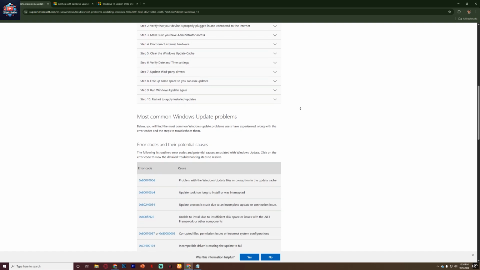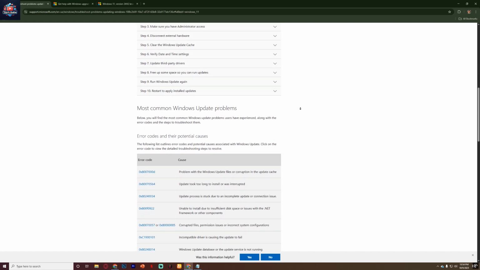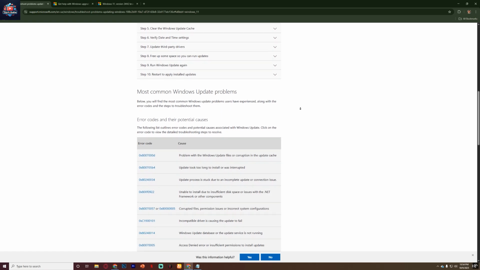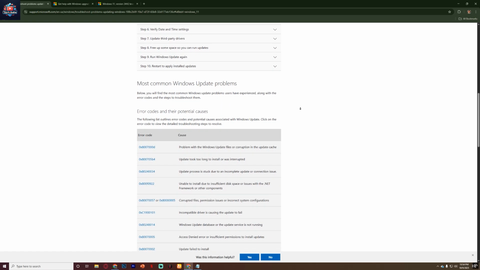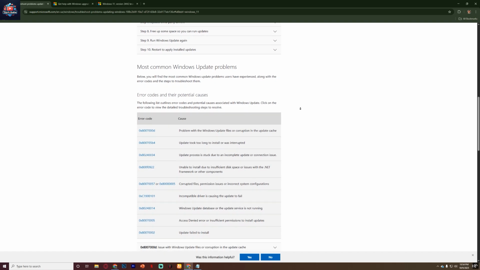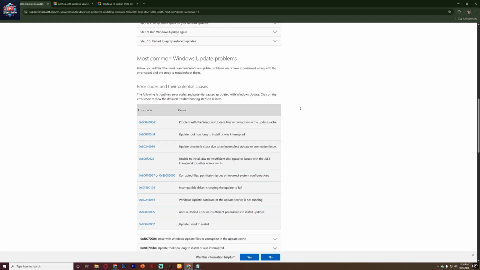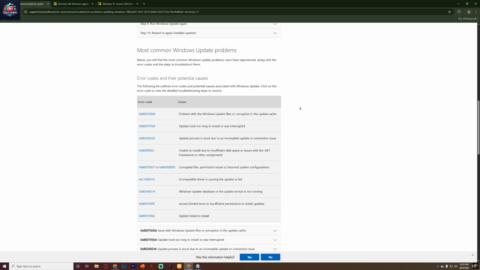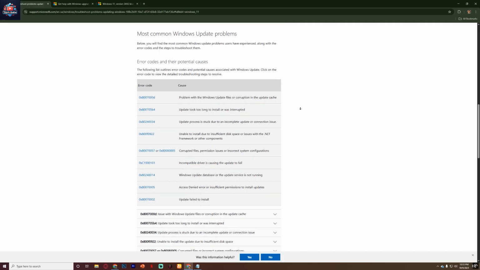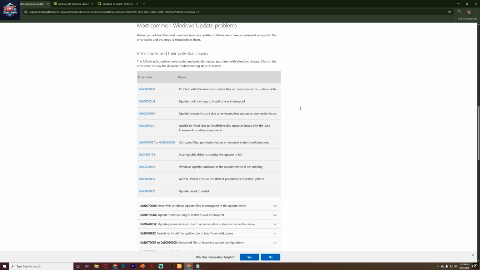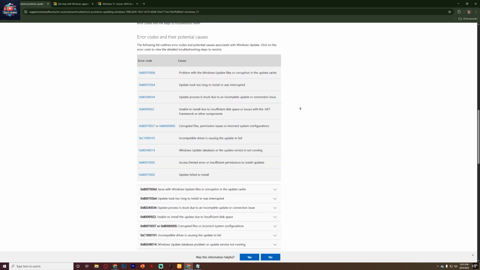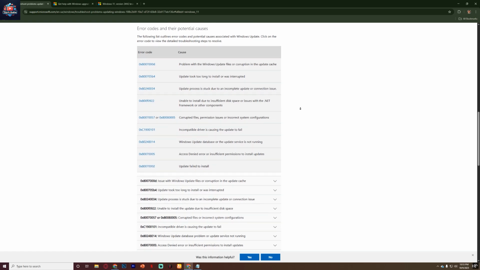Still not working? Then let's reset the update components manually. Open Command Prompt as administrator and run these commands one by one. net stop wuauserv, net stop bits, net stop cryptsvc. Then rename the SoftwareDistribution and catroot2 folders by typing ren